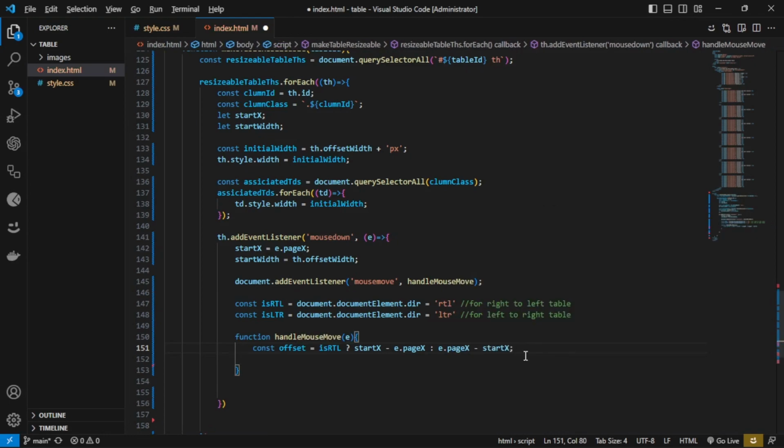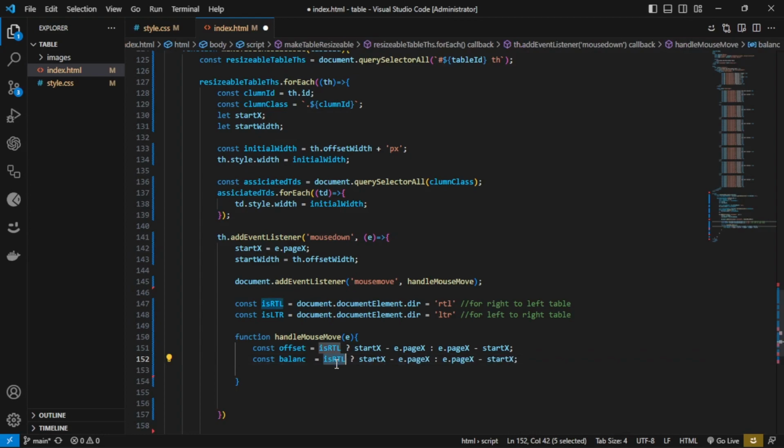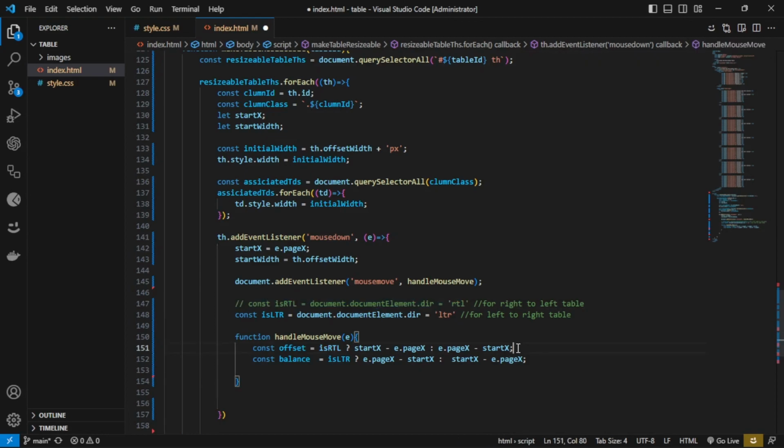If it is LTR, we will copy paste this one. Let's change the name of the variable, balance. If it is LTR, we will change just the place of this calculation. Okay, that's all for the RTL and LTR table. Now I'm going to comment this one because I only work with the LTR table, but I will show you at the end of the video what is the difference between these two lines of code when we are dragging or resizing the column. Okay,